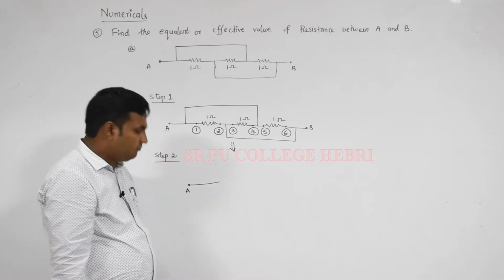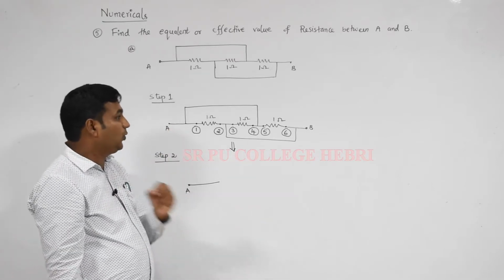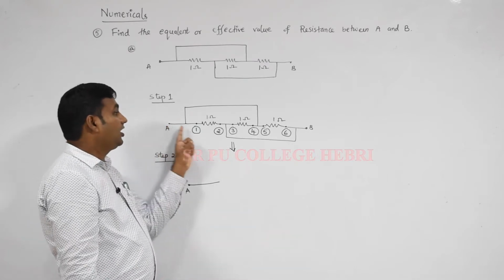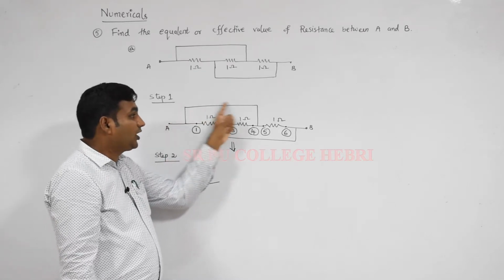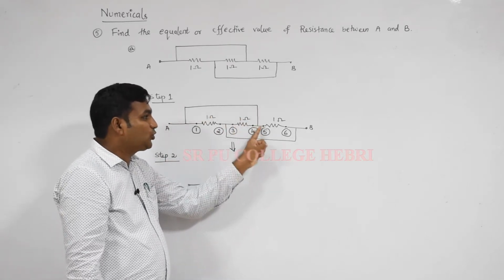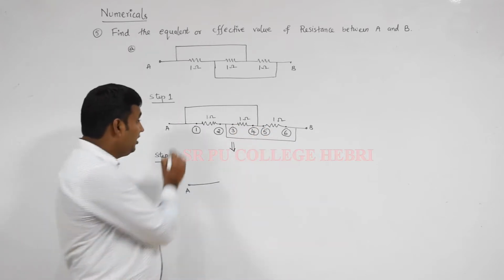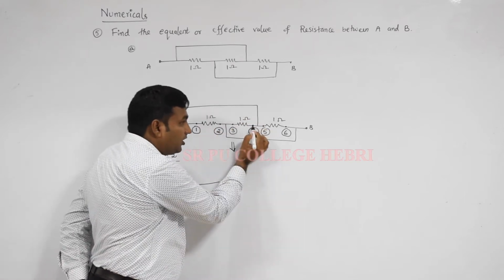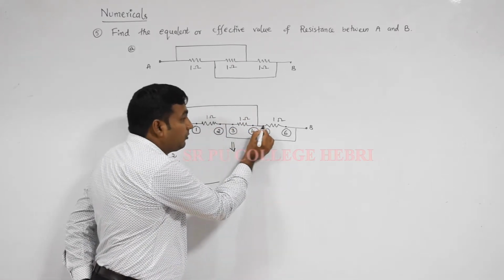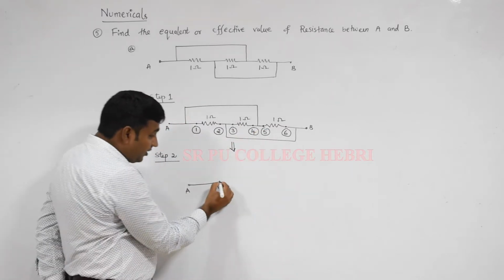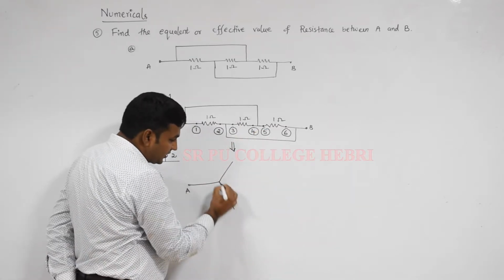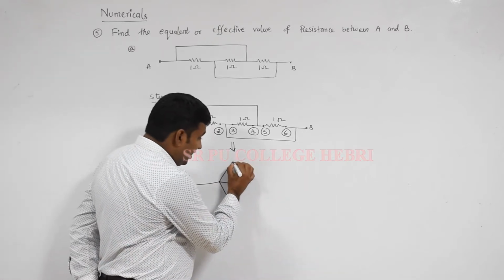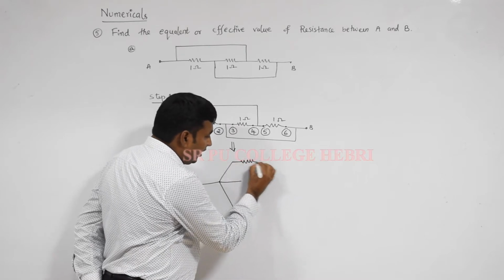Just see the circuit, dear student. From A in total we can expect 3 connections. What connections are there? A is connected to 1, A is also connected to 4, A is also connected to 5. Remember correctly, A is connected to terminal 1, A is also connected to terminal 4, A is also connected to terminal 5. That means from A we have to take the 3 connections like this. 3 connections are connected to 3 ends. First, A is connected to terminal 1.